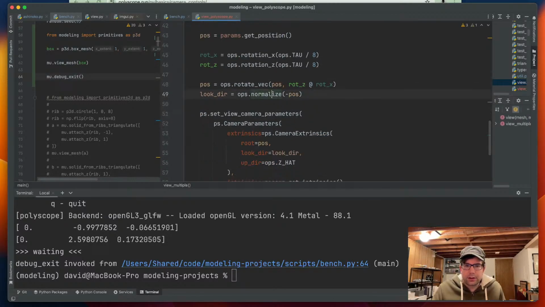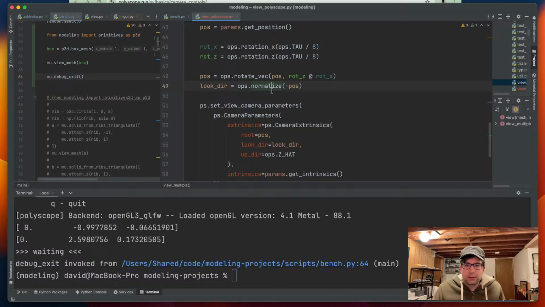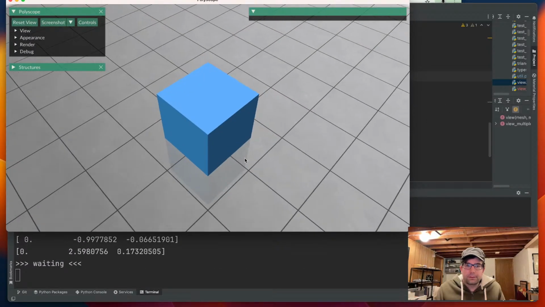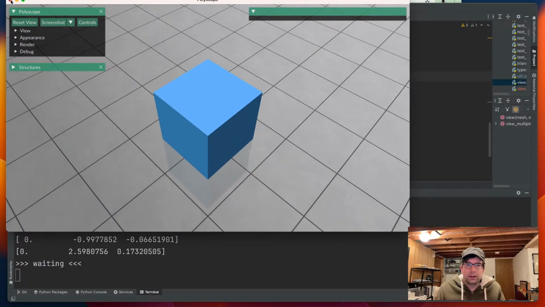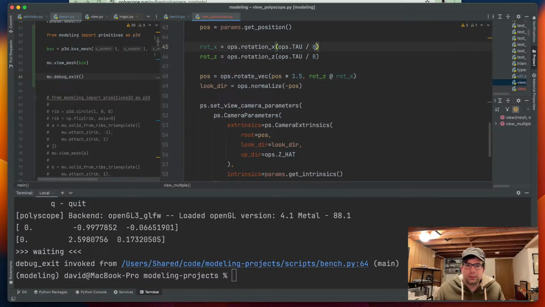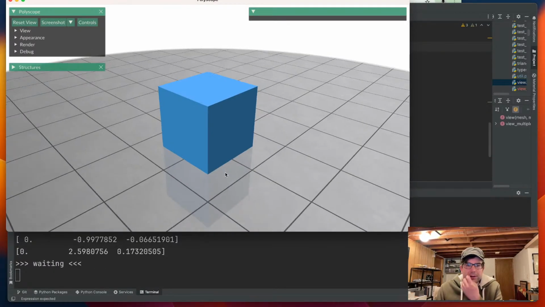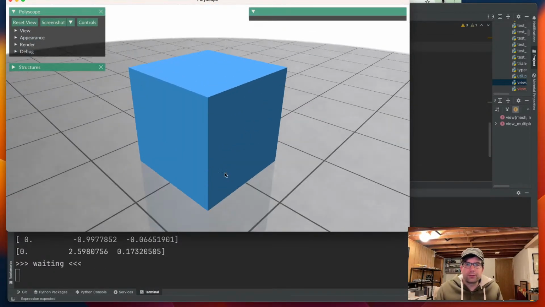this is working. I think I'm gonna just make this a little bit further away. Yeah. And maybe we'll do this. There's kind of an art to this. Okay, so